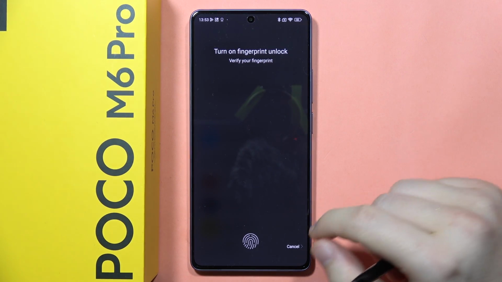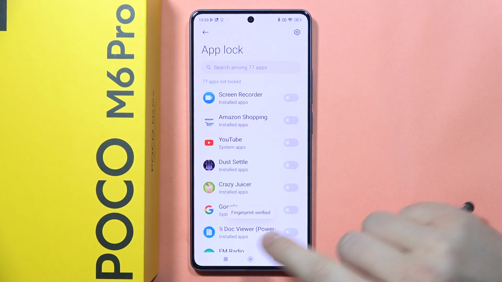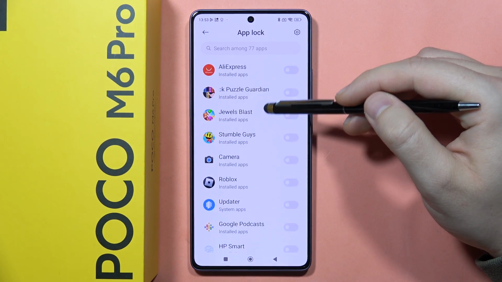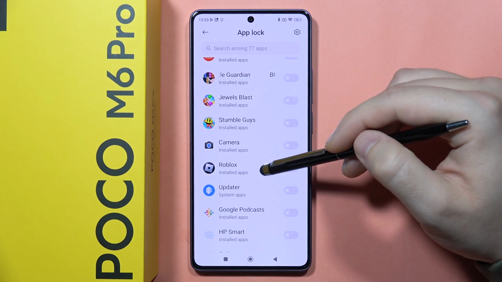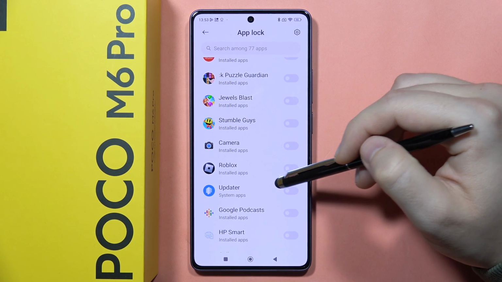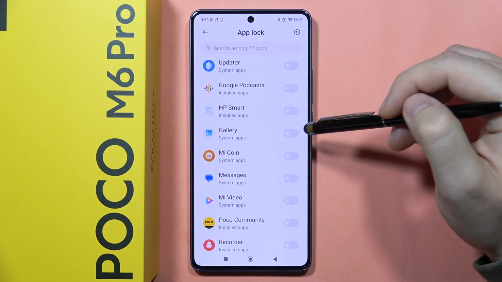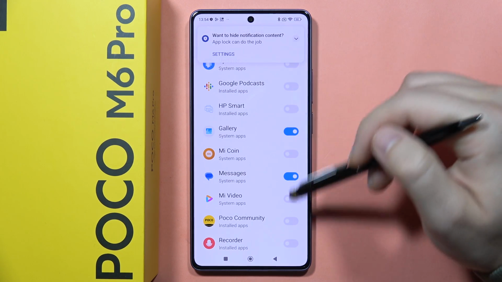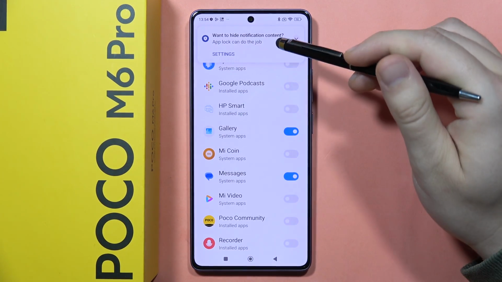Now we can also turn on the fingerprint unlock if we want. And as you can see from here, we can find list of all available apps that we can find on the POCO M6 Pro that we can actually lock by using one switcher. So if I want to lock my gallery and messages, I can click on this switchers,